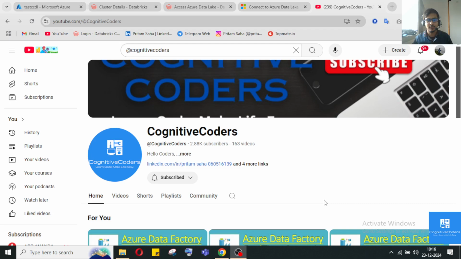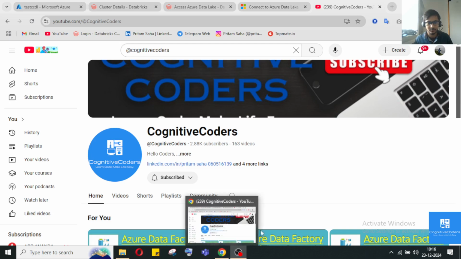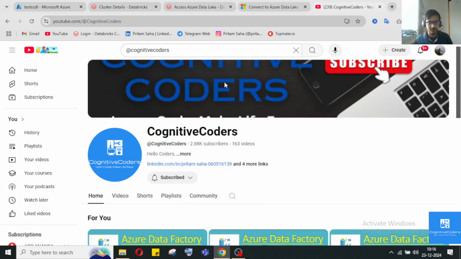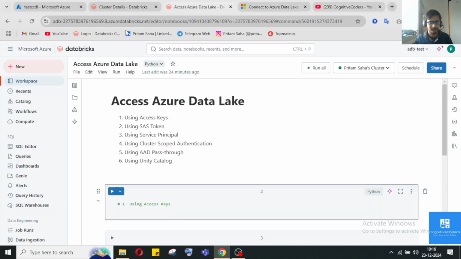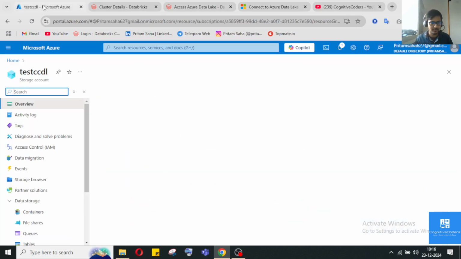I hope you guys are doing well, and today we are going to see the Databricks thing: how to access the data lake Gen2 container from the Databricks notebook. As we all know, we will not be able to directly access the data lake Gen2 container from Databricks in the premium tier, whenever it is not the community server. Whenever we are trying to access the Gen2 container from our Azure Databricks, we will not be able to directly access it